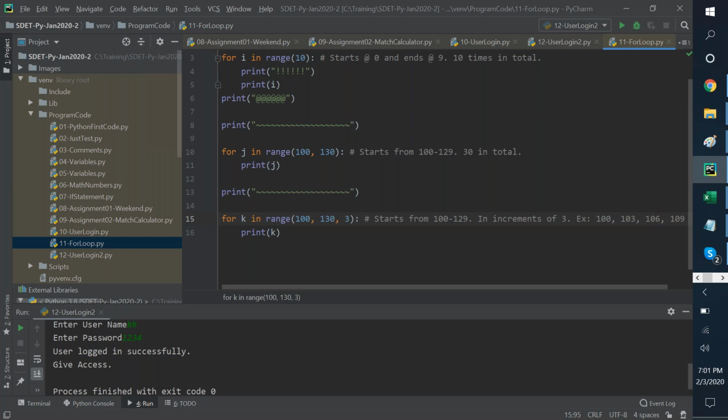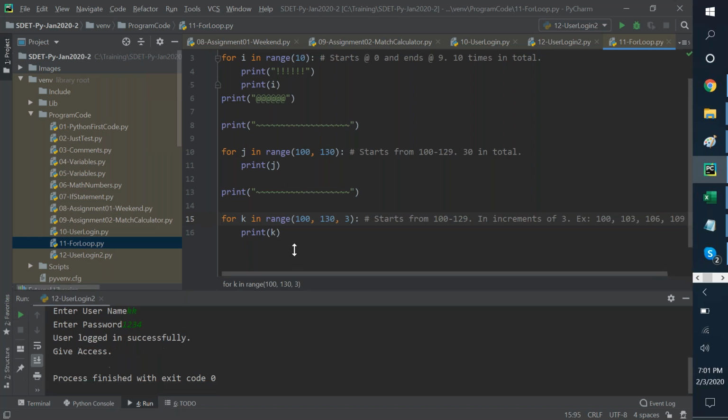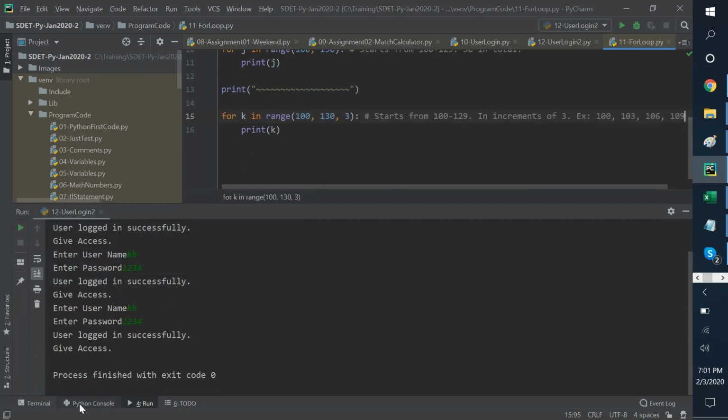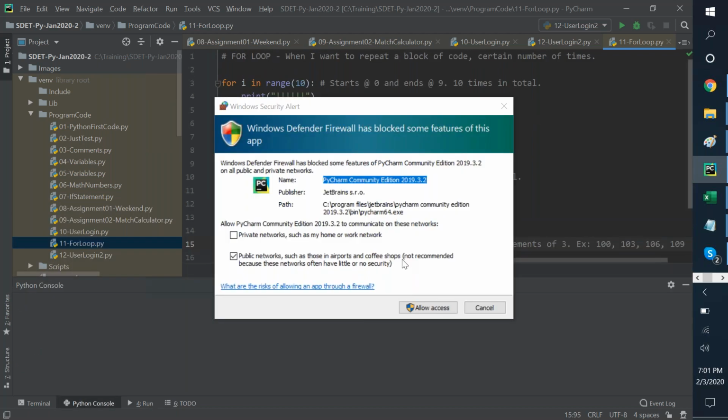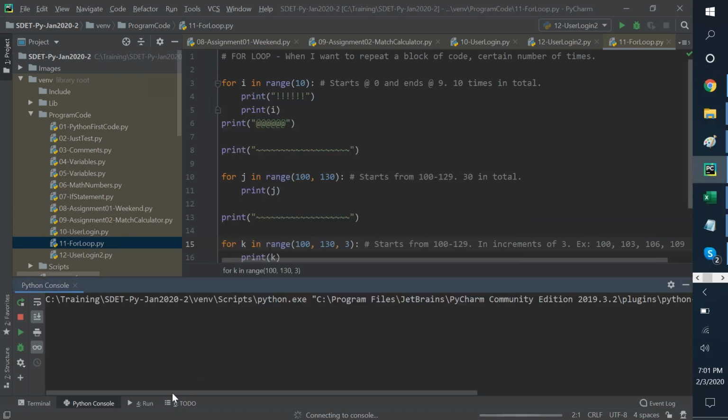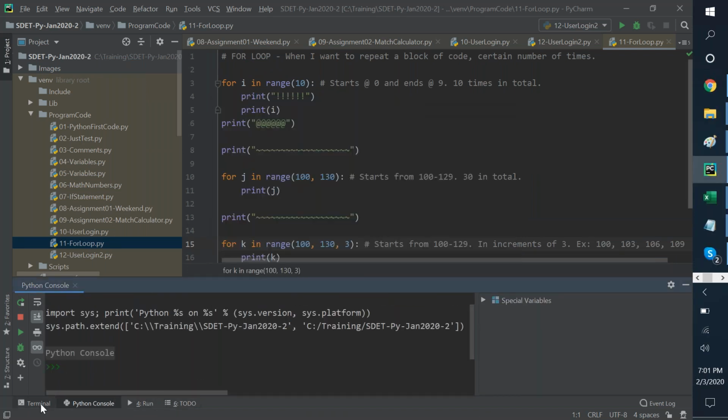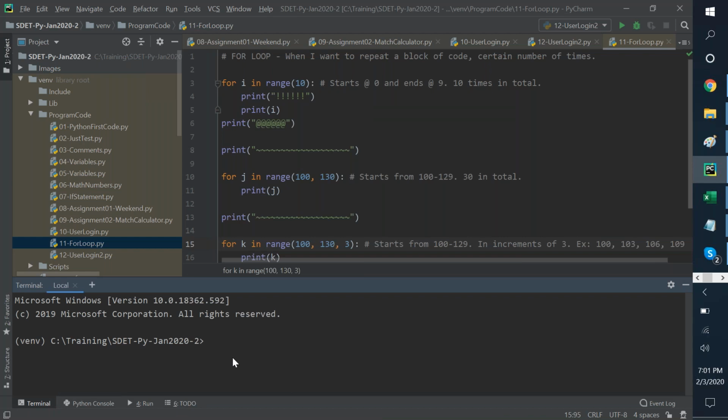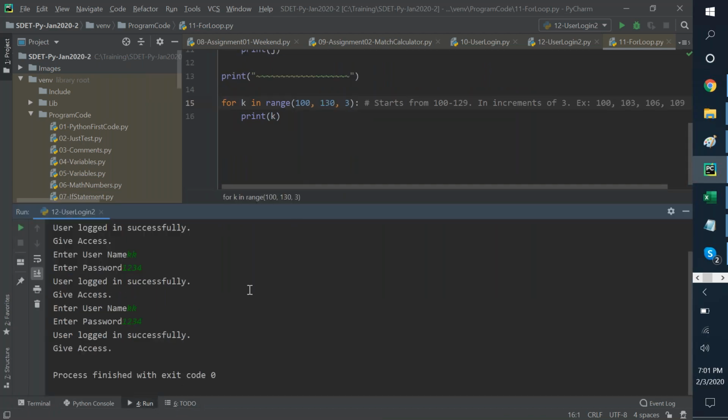Now see, I already wrote what I'm expecting to see in my print statements in my console at the end of it. In the Python console, there are pip commands, there are git commands and all this. Don't worry about it right now. Just focus on what I am showing you, please. Don't worry about anything else for now.